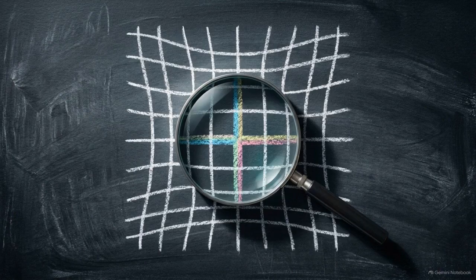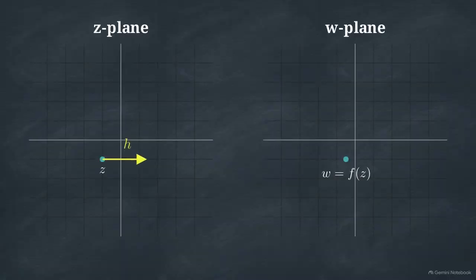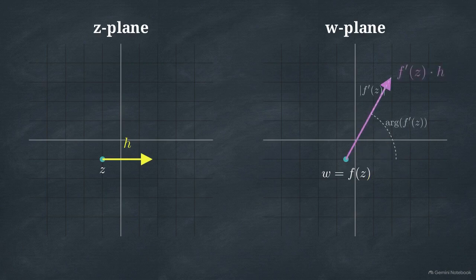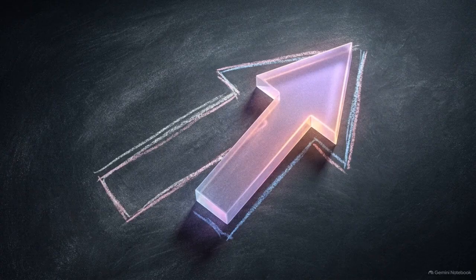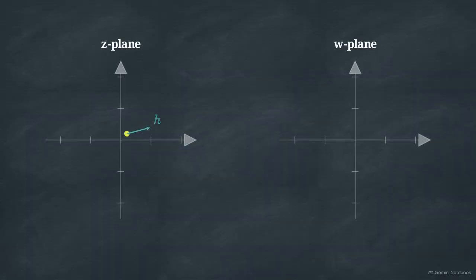If a function like z squared warps a straight grid into a curved one, how do we define a derivative or a slope at a specific point? We look at a tiny movement in the z-plane, h. The resulting change in the w-plane is found by multiplying h by the derivative, f prime of z. Complex multiplication always results in a simultaneous scaling and rotation. The derivative f prime of z takes that tiny input arrow h, stretches it by its magnitude, and rotates it